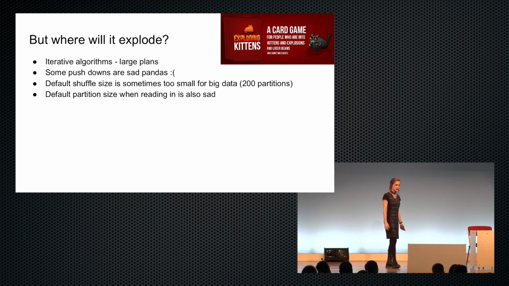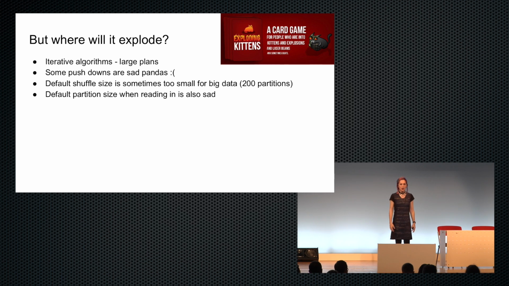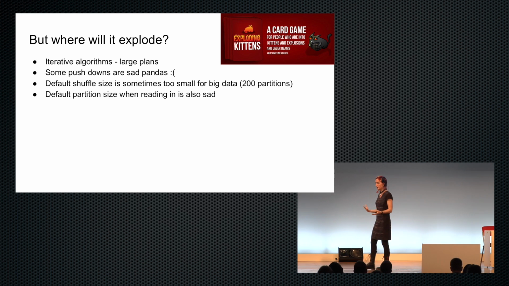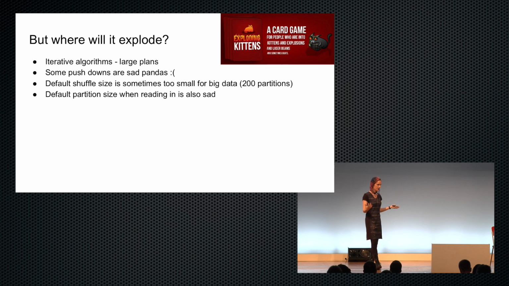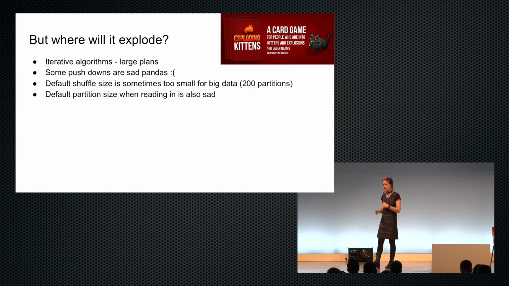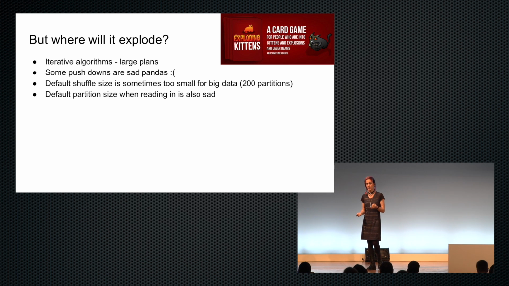But with every good thing, like all of this awesome performance, there have to be some catches. At some point, it's going to explode and bite us in places where we would rather not be bitten. And for Spark SQL, this is pretty much if you have an iterative algorithm, it's going to explode. It's not going to work very well. So if you're trying to do some machine learning on top of Spark SQL, you're going to have a bad time. There's some hacks that we can do, and I'll show one of them.